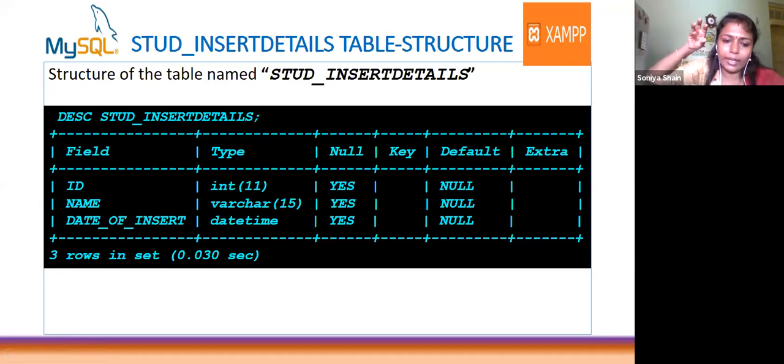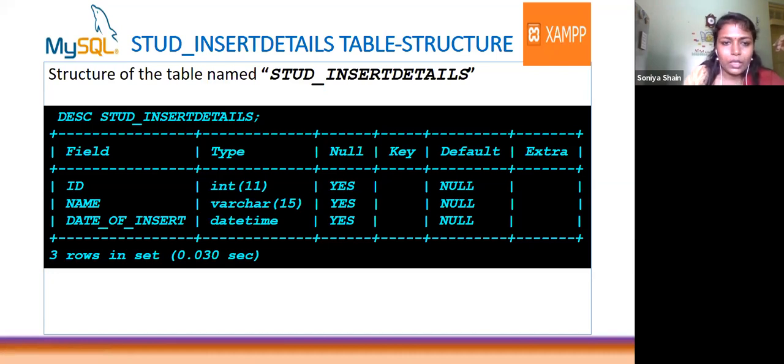The fields I am newly inserting in the student table have to be updated in the student insert details. So ID int, name varchar, date of insert. That is the new or additional thing. When it was inserted, that date and time will be stored in this new table.